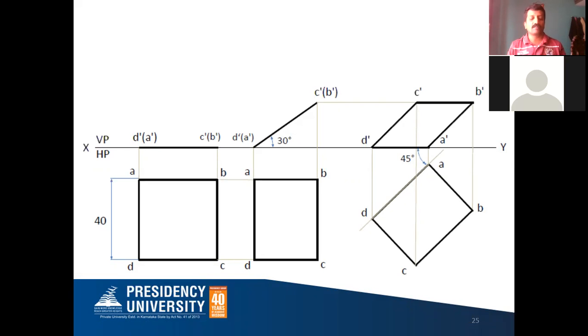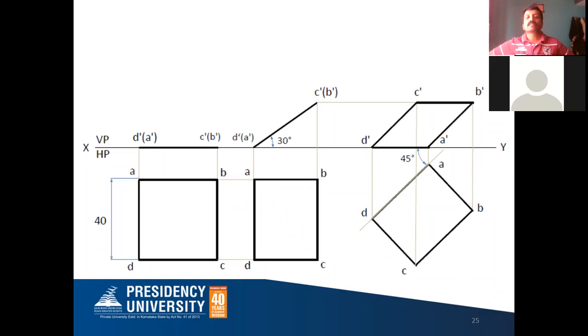The same thing I have explained. Say the square lamina is resting on one of its edges on HP. You keep the entire lamina on HP. Draw the top view, that is the true shape. You can see the square. The front view will be a straight line. Next you are tilting it by 30 degrees. The top view looks like a rectangle. Now this edge is perpendicular to VP. You can tilt it either like this, or else like this also. When you tilt it like this, you get the front view and top view in this way.